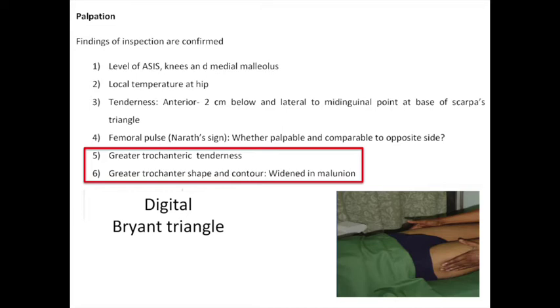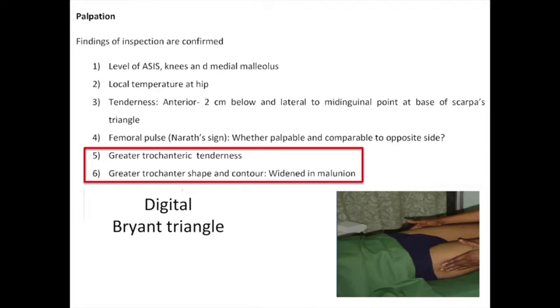Vascular sign of Nelaton is going to be negative, and it is very important to look at the trochanter. Now, in a malunited trochanteric fracture, evaluation of the trochanter in inspection and palpation is very important. How do you localize the trochanter? You palpate the shaft of the femur. How do you palpate the shaft of the femur? You gently roll the lower limb and feel where the femur is, and then gradually go upwards, and you will feel a bony prominence starting, which is the trochanteric area. So that is one of the ways to localize the trochanter.